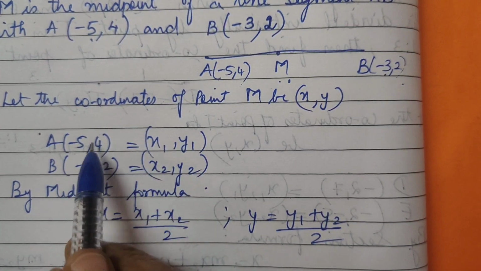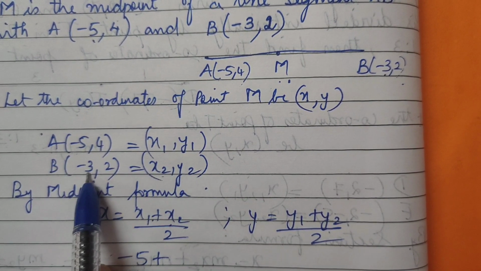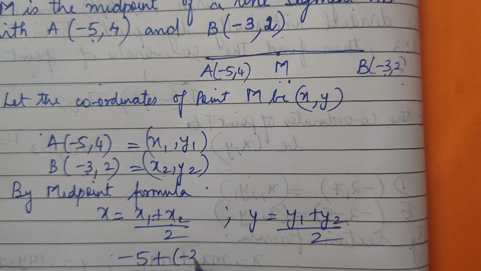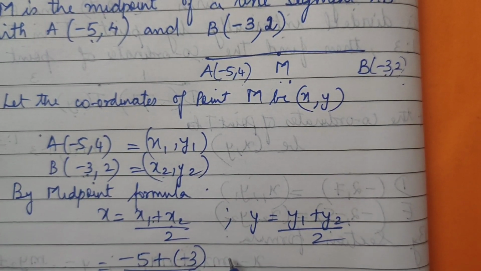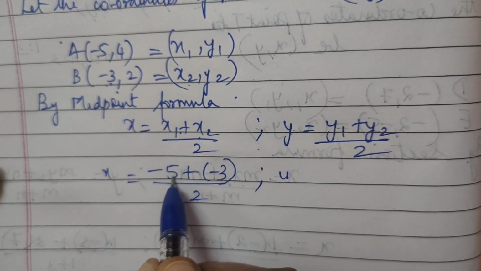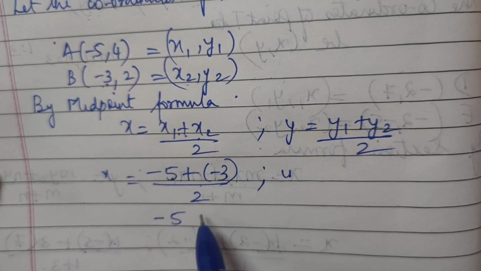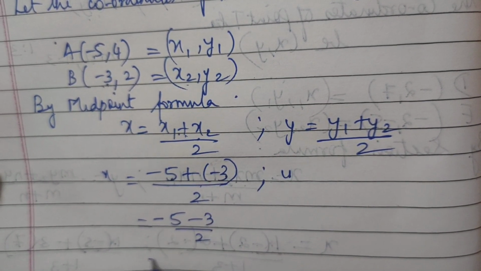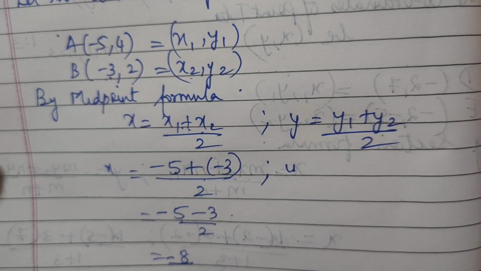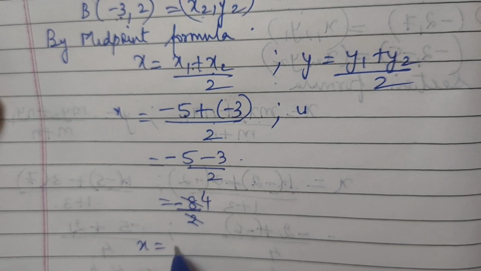So here, what is this? Minus 5 plus, and x2 is what, my dear? Minus 3. Is it or not? Am I right? Yes. Minus 3. So I am writing upon 2 equals to, here y, we will complete x first. So what I have written? x1 is minus 5 and x2 is plus, minus 5 plus into minus, minus 3 upon 2. So minus into minus is plus. So 5 plus 3 is 8, but the minus sign is there, minus 5 is the bigger number, so minus 8 upon 2 is minus 4. So you got what, dear? x equals to minus 4.